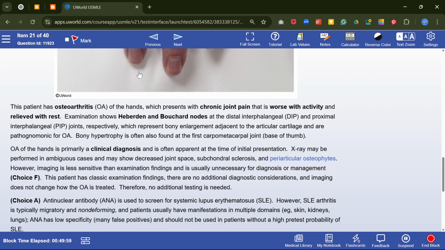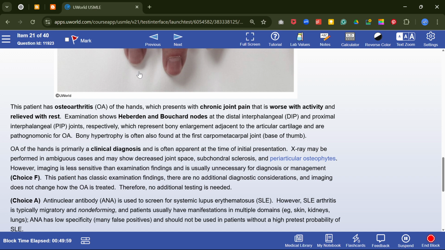This patient has osteoarthritis of the hands, which presents with chronic joint pain that is worse with activity and relieved by rest. Examination shows Heberden and Bouchard's nodes at the distal interphalangeal and proximal interphalangeal joints, respectively,